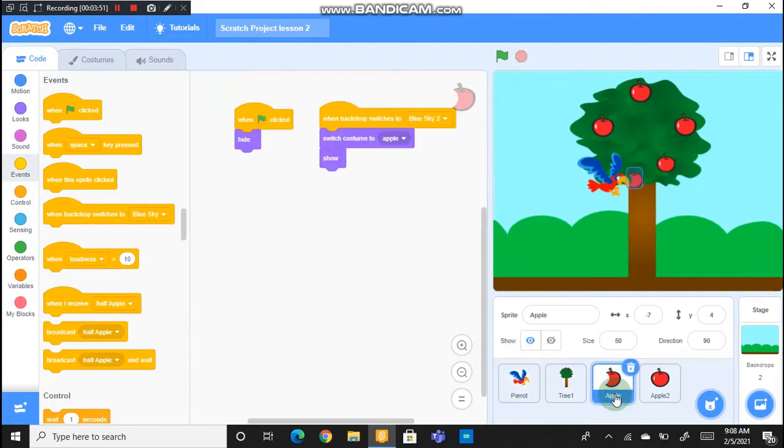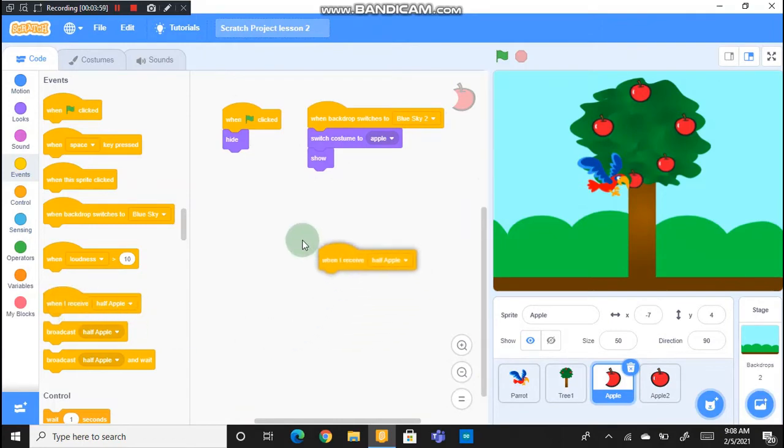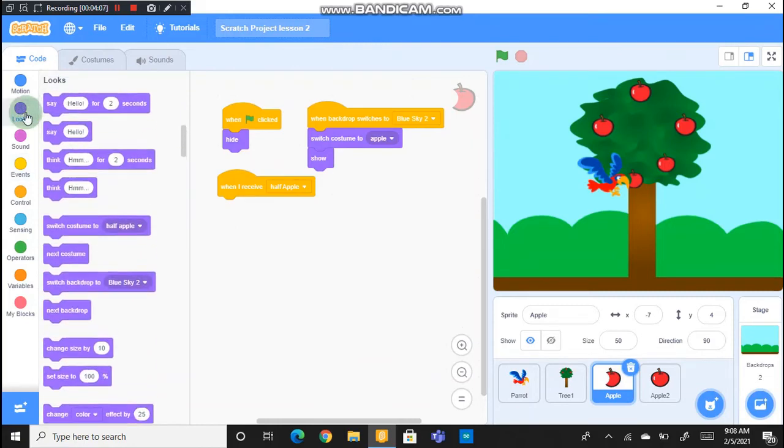Now go to the apple. Here go to the events column and you can see when I receive half apple. So click on that and drag it below. When I receive half apple, I have to switch my costume to half apple. So go to looks. Here you can see switch costume to half apple. Bring that below.